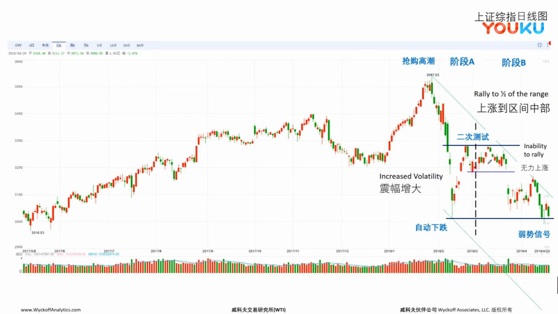The next two rallies are just a part of the smaller range at this point. So the next one has attempts to increase the effort, or at least keep the effort the same as on the first rally. But the result is even less. The spread is contracting. The distance that this next rally and the rally after that travel is also contracting, decreasing. And the intention to overcome the resistance